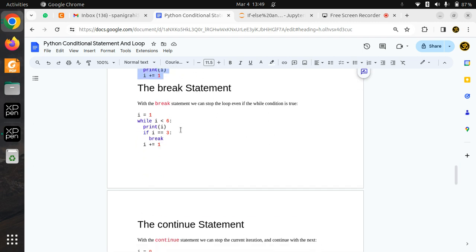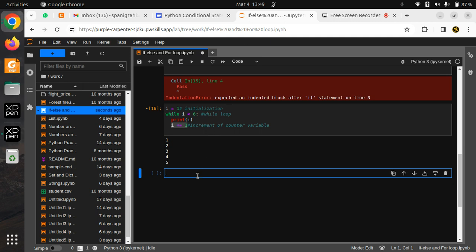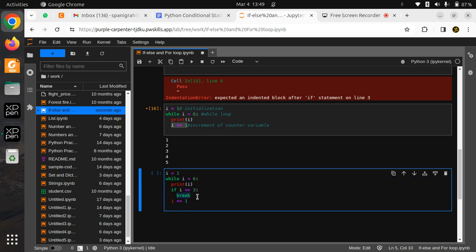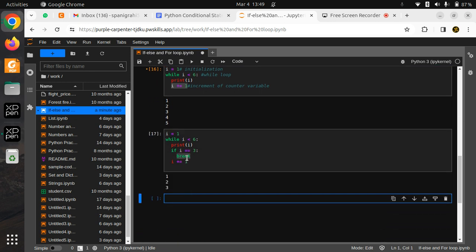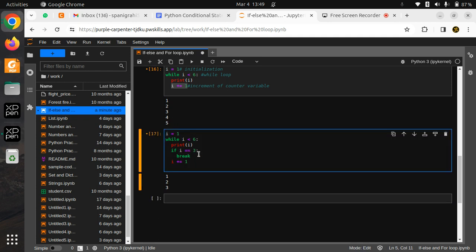सो उसके बाद अगर हम ब्रेक स्टेटमेंट कहीं डालते हैं, जैसे कि यहाँ पर हम ब्रेक स्टेटमेंट डाल रहे हैं, तो आप दो चीज़ याद रखिएगा। If you are applying break, that means the loop will get discontinued. That means here, if I run it, at 3 it is getting discontinued. 4, 5 is not coming as output. That means for break, the loop gets terminated from that. Okay, so from 3 the loop gets terminated. So 4, 5 प्रिंट होगा ही नहीं।